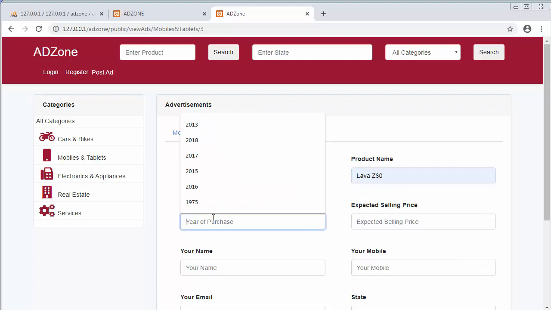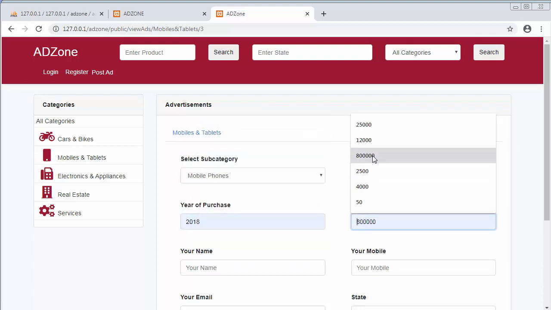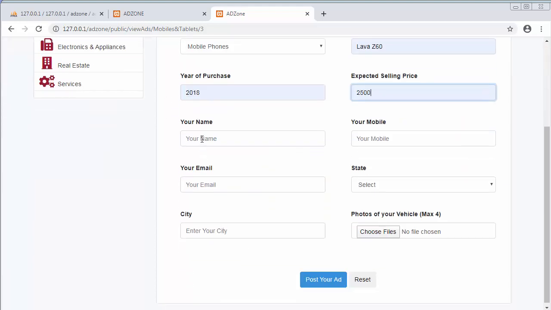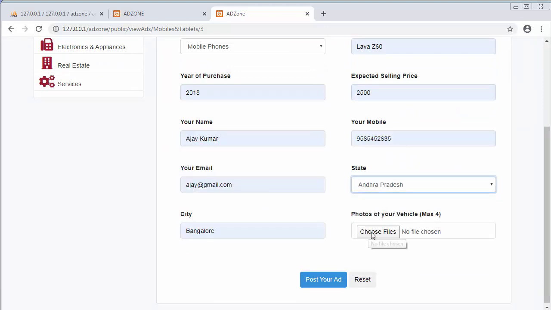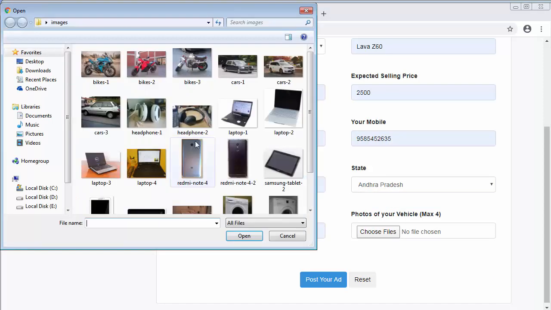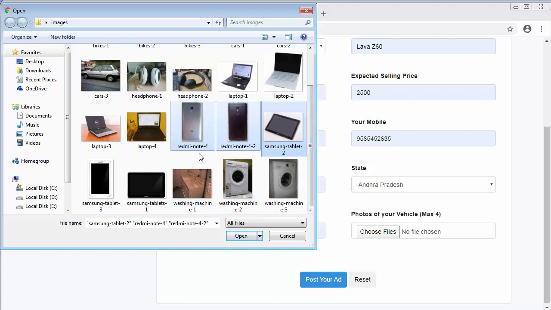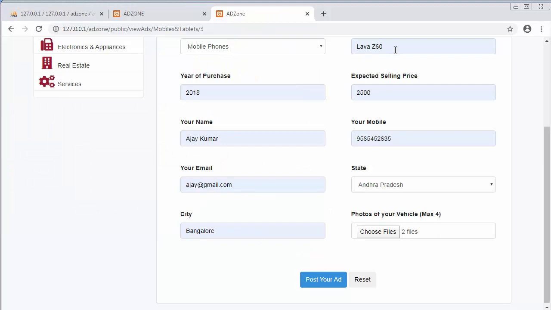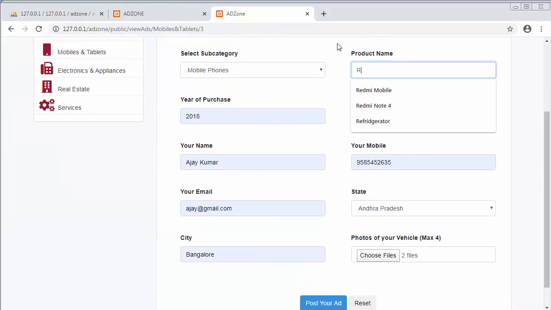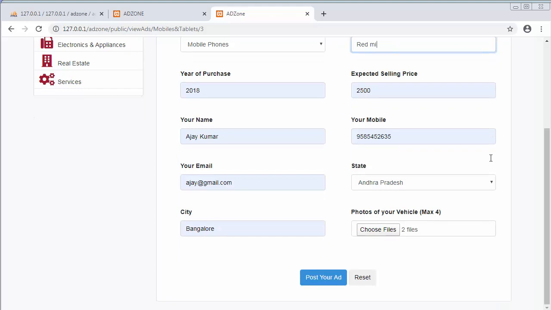Okay, product name. Okay, and then 18, let's say price 2500. Okay, and then let it be the same name. Okay, and then Andhra Pradesh. Okay, I will choose the images. Okay, I will select these two images of Redmi. Okay, then I will change it to Redmi. Okay, and now when I click on post your ad,